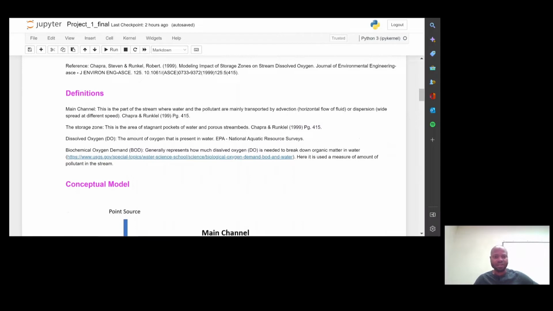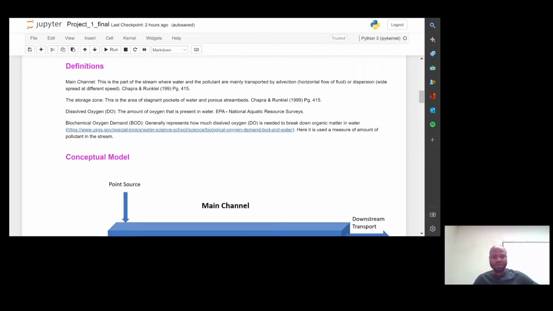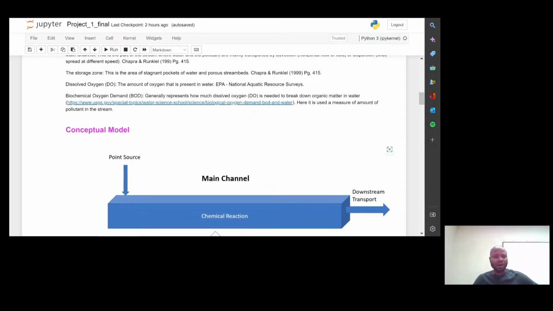Some of the main definitions of this project include the main channel, which is the body of water in which water flows downstream and also contains some pollutants. The storage zone is the area of stagnant pockets of water and porous stream beds. We are going to be talking about the dissolved oxygen in the stream, which is the amount of oxygen present in the stream. The biochemical oxygen demand, BOD, is generally how much dissolved oxygen is needed to break down organic